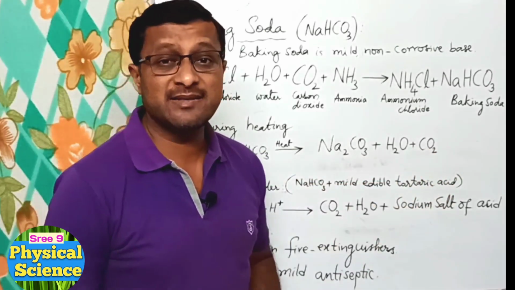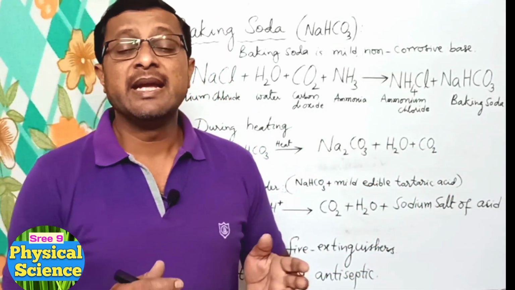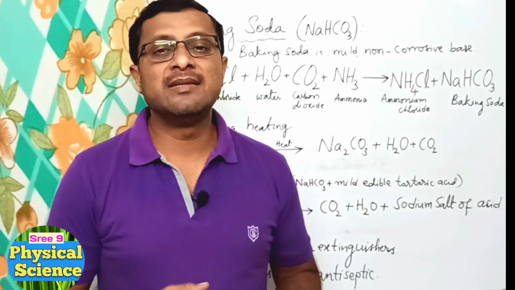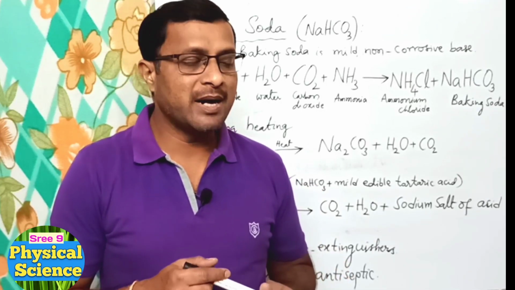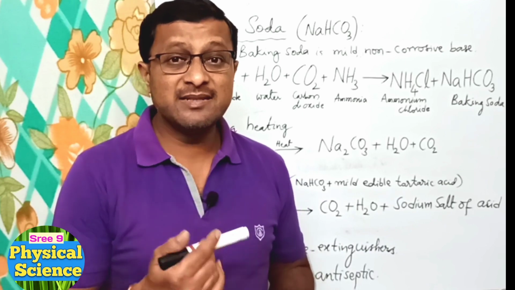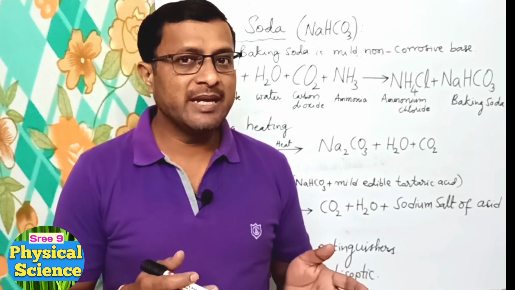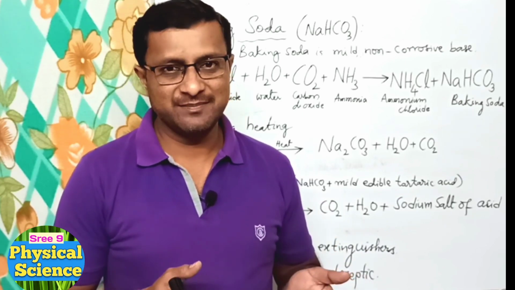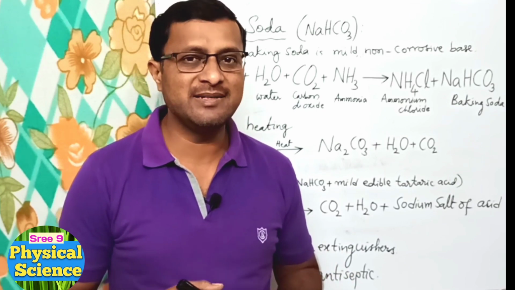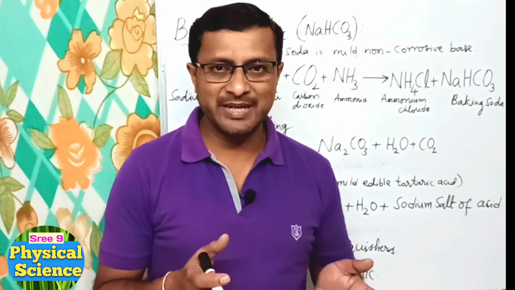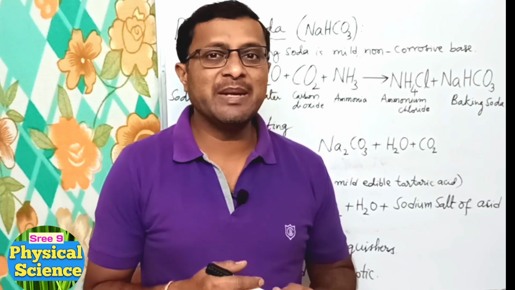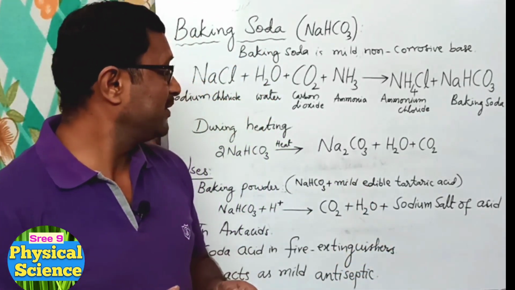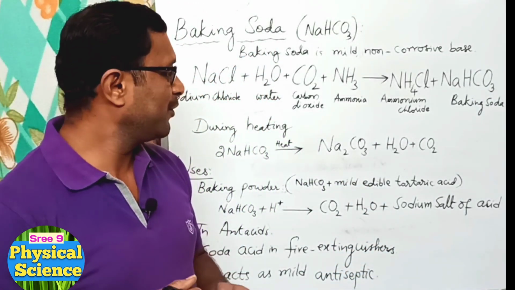And this carbon dioxide which is produced during heating makes the bread or bun or cake rise, making it soft and spongy. That's why it is used in bakeries to make cakes and bread. Okay, so that's where baking powder is used. So that baking powder makes